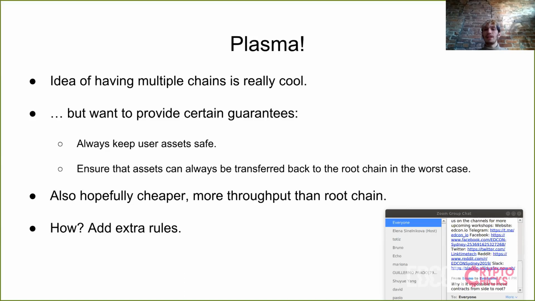So you want to make sure that in the absolute worst case scenario, let's say that the sidechain consensus mechanism fails, you can always move your assets back onto the root chain, even if the consensus mechanism is explicitly trying to cheat you. So I just got a question in the chat, said,